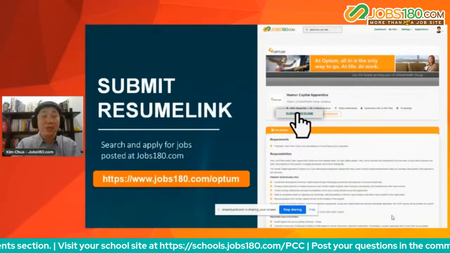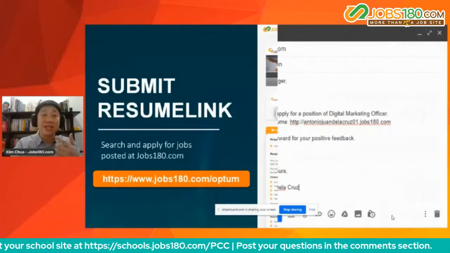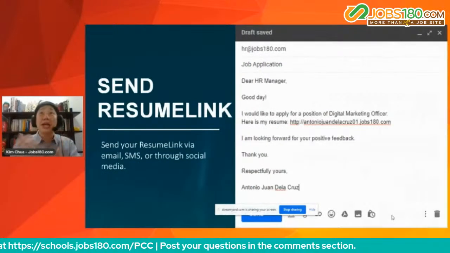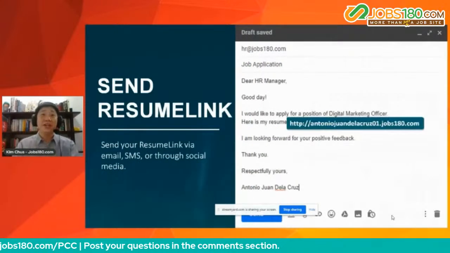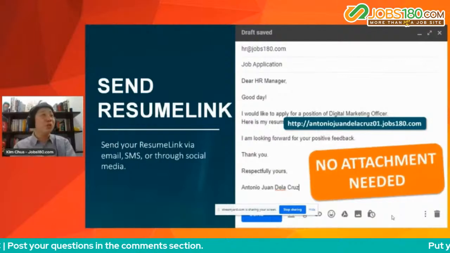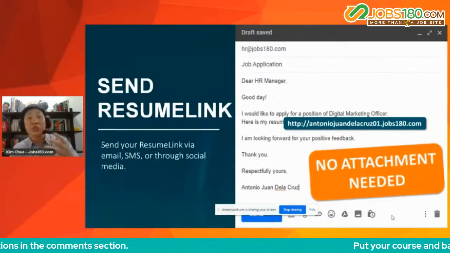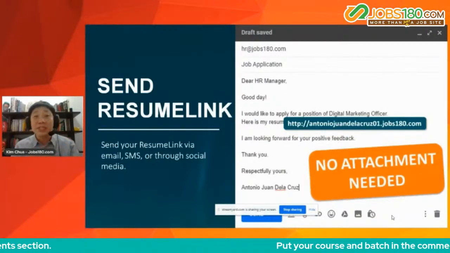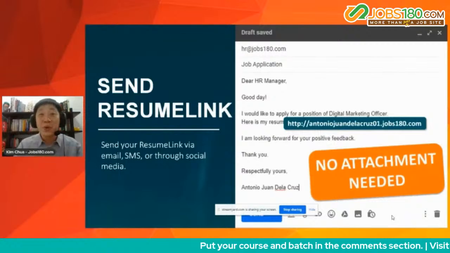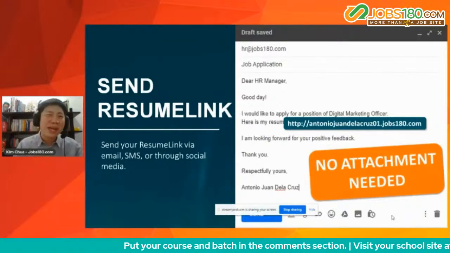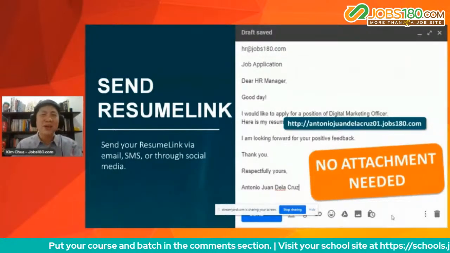Wala nang pabalik-balik. Hindi mo na kailangan magbalik-balik dun sa kumpanya para sabihin, nag-apply po ko sa inyo last year. Ako po yung OJT nyo 3 months ago. Wala nang ganun. Okay? Another practical application. When you submit your resumes through email, how do you do that? Madalas, ito ginagawa natin. Mag-email tayo, sasabihin natin, Dear HR Manager, I would like to apply for the following position